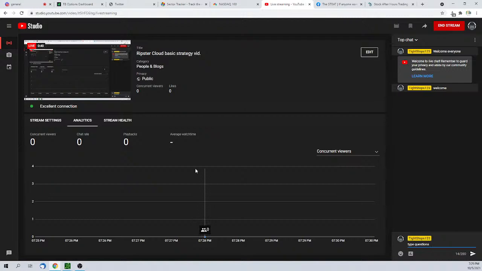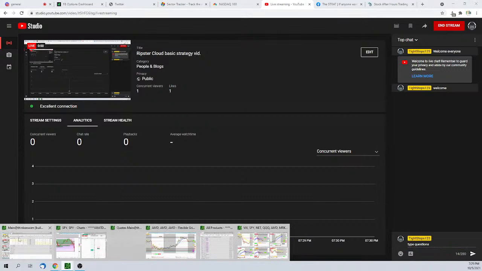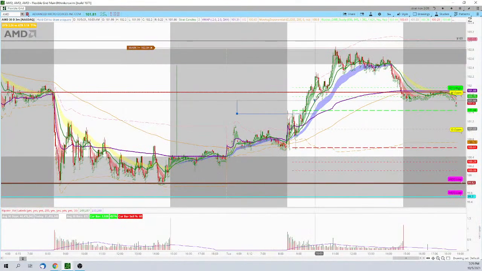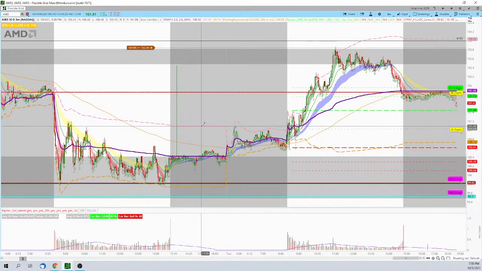So what I'm going to start with is basically just starting with the cloud system. So basically what I do in the morning, and I also always have my pre-market data up. It's just important. I just want to see what the bigger smart money's doing in the morning. Are they buying it? Are they selling it? Is it going sideways? So for this example on AMD,